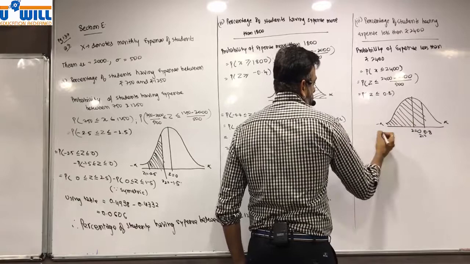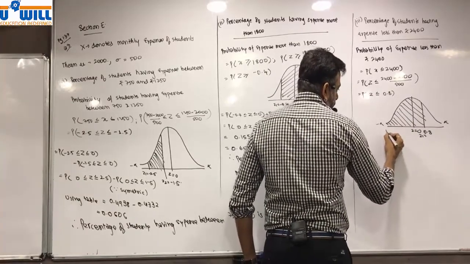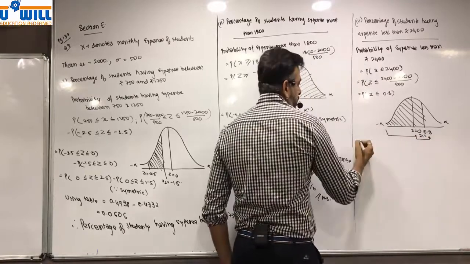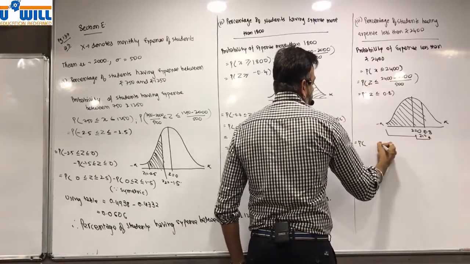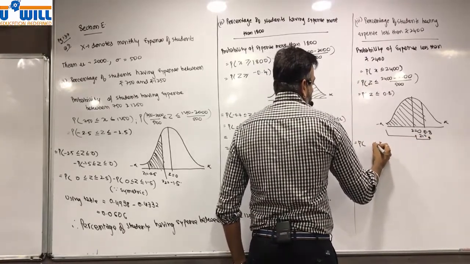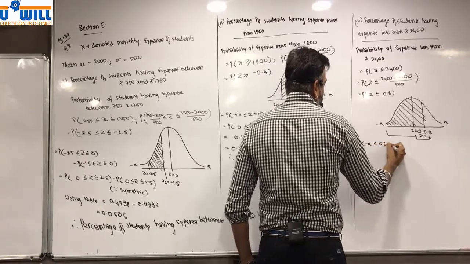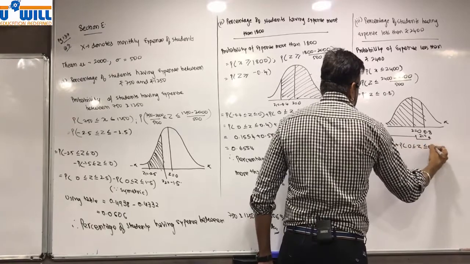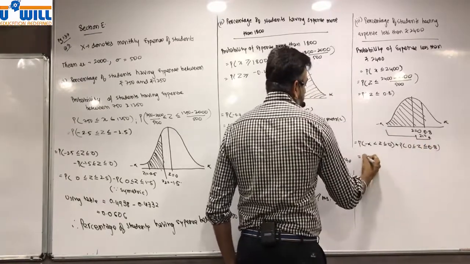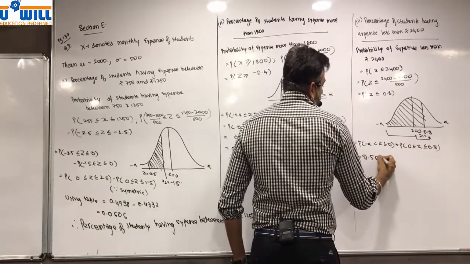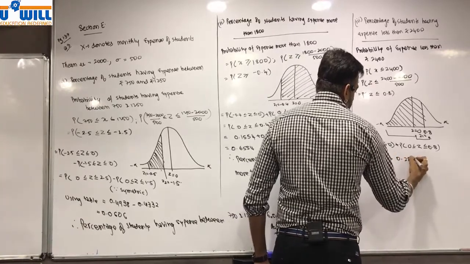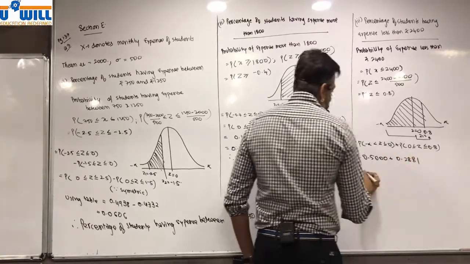Therefore, I will make the equation minus infinity to 0 and 0 to 0.8, which is equal to probability of z greater than minus infinity less than equal to 0 plus probability of z greater than equal to 0 less than equal to 0.8, using table 0.5 plus 0.2881